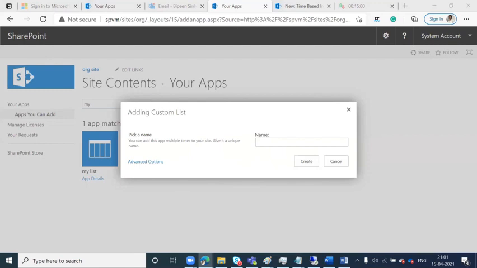I can create the list, or I can create everything as an app, or I can configure my whole site as a template, and then I can export this template. I can upload the template to someone, and we can see how we can go and access that,